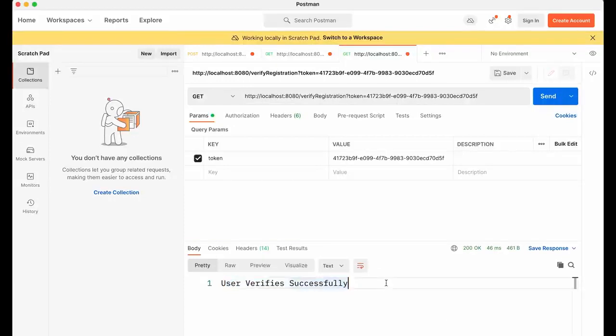So my complete flow is working, where we are registering the user, we are verifying the token, and if we didn't get the token, we can ask to resend the token as well. That is also completely working fine. Cool, right? Now what we are going to do is implement the functionality of the reset